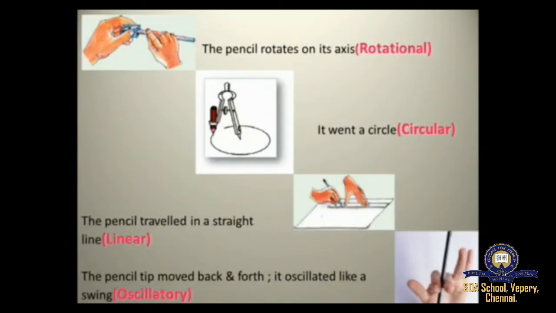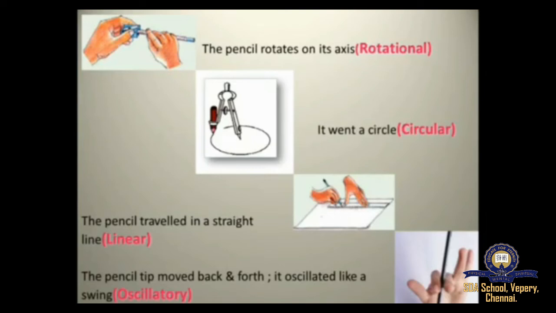So what is rotational motion? The movement of a body about its own axis, like a rotating top. We call it rotational motion. And the second one is the circular motion, that is, in a circle. For example, we can also say swirling a stone tied to a rope. We tie the rope in a circular motion, right? And the third one is the linear motion. So what is a linear motion? Moving in a straight line, like a person walking on a straight path, or free fall. We say this is linear motion.